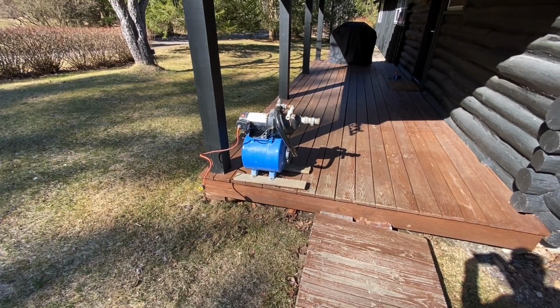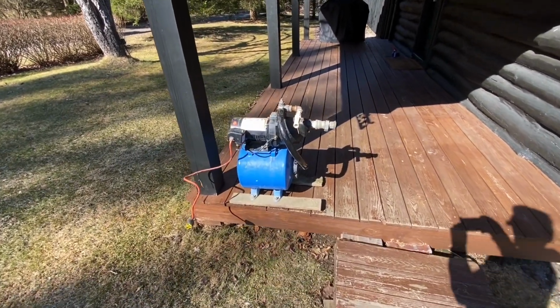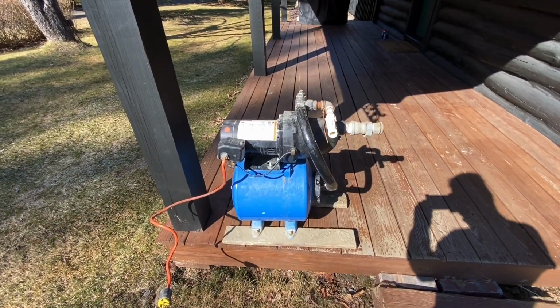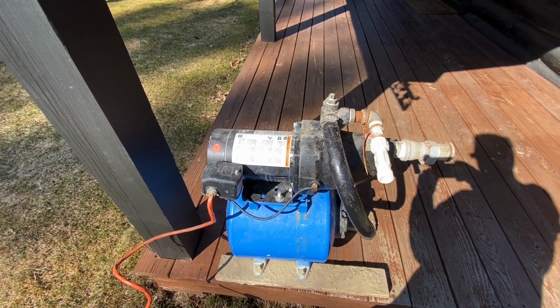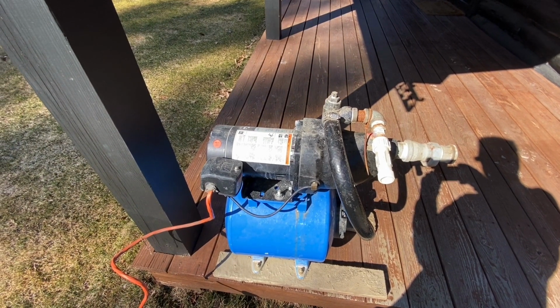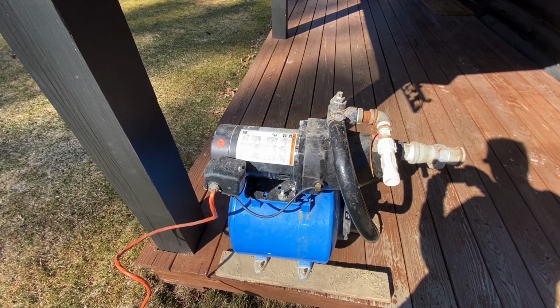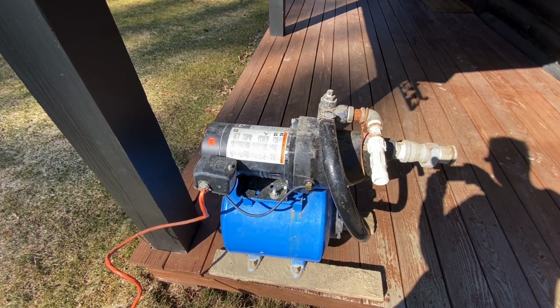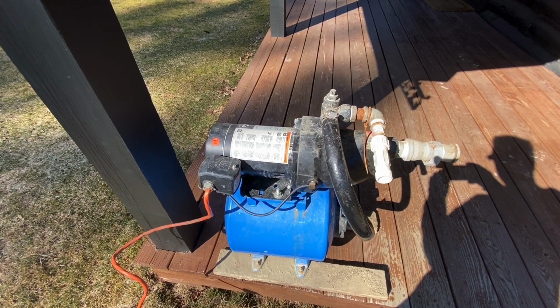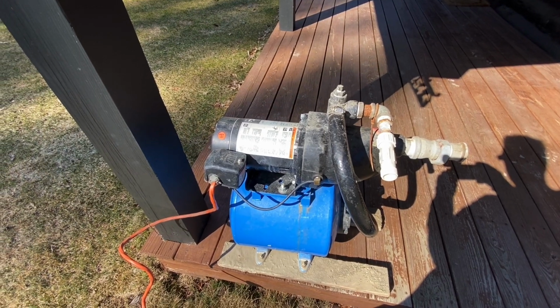Well, if you're seeing this, this means we don't have water in the house. So this morning, I flushed the toilet, that worked fine, but then I didn't hear the pump kick on. And then I washed my hands and the water was steadily going down to a drip. So I checked the breaker just to see if the breaker had popped on this for some reason, because this